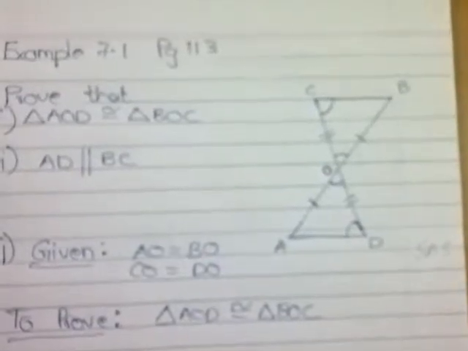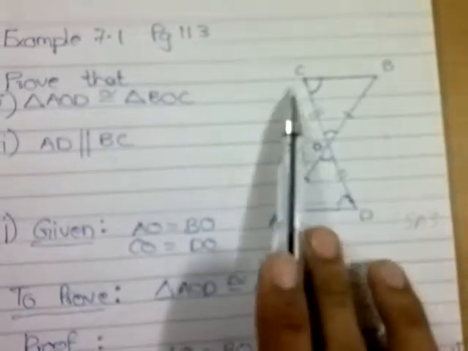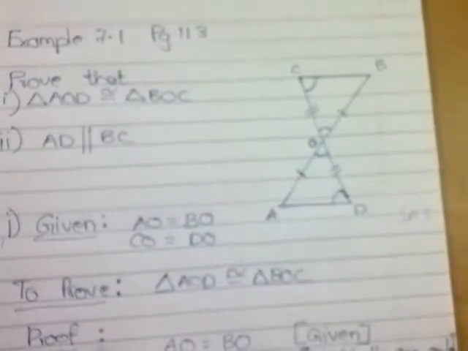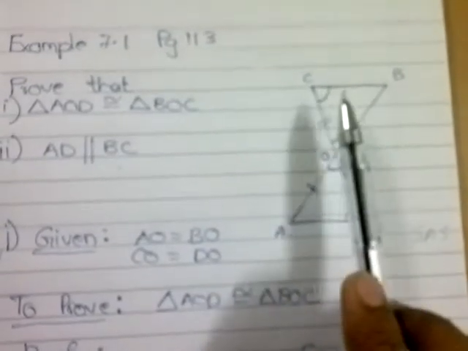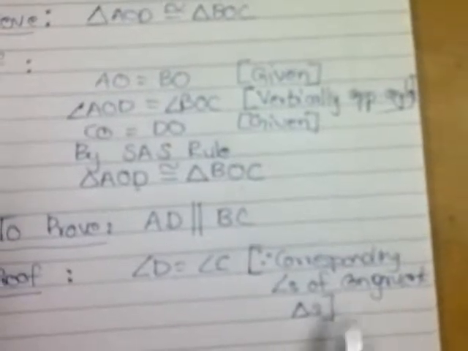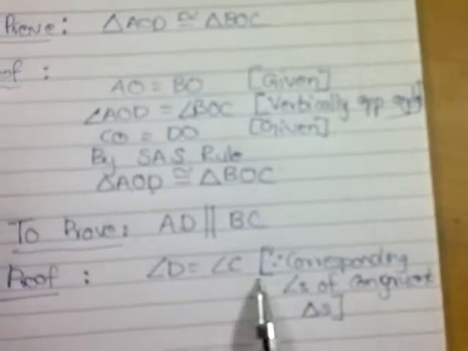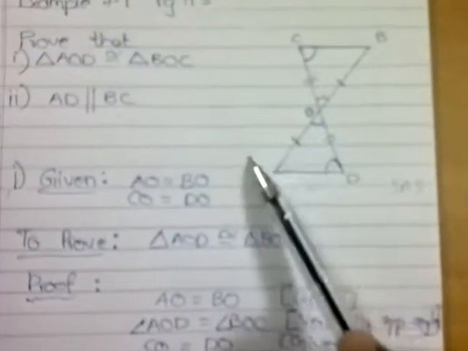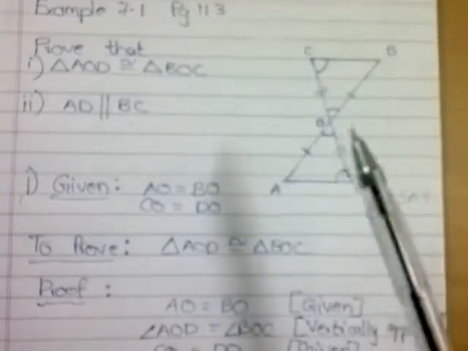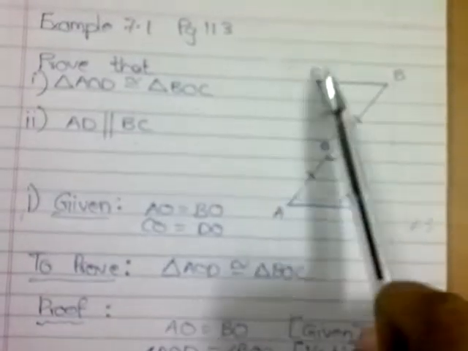Now if you notice carefully and recall lines and angles, then BC and AD are basically lines and CD is the transversal. And if you consider the alternate interior angles, those will be C and D. In this case, the alternate interior angles are equal. D is equal to C. And we have proved them because they are the corresponding parts of congruent triangles. Right? Here we have already proved that D is equal to C. And why are D and C equal? Because AOD and BOC are the same triangle, so the angles D and C are equal.